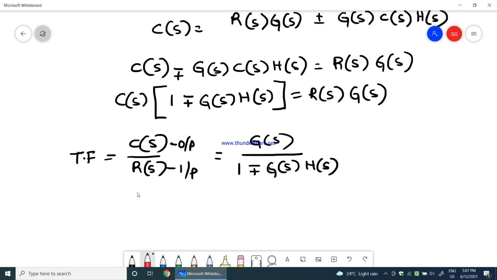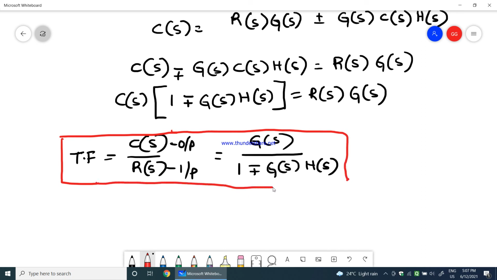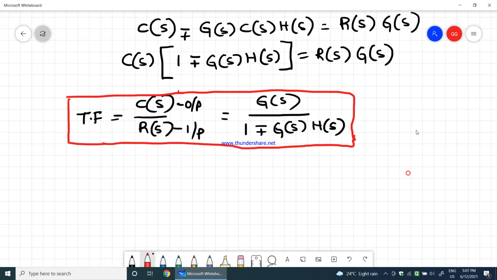So this is the final transfer function that we write when we get such a feedback path at the end of the block diagram reduction, after reducing the complete block diagram. Okay, so you substitute the g of s value, substitute g of s into h of s, and then see what transfer function you get at the end. Now here there are two more points which I need to say.